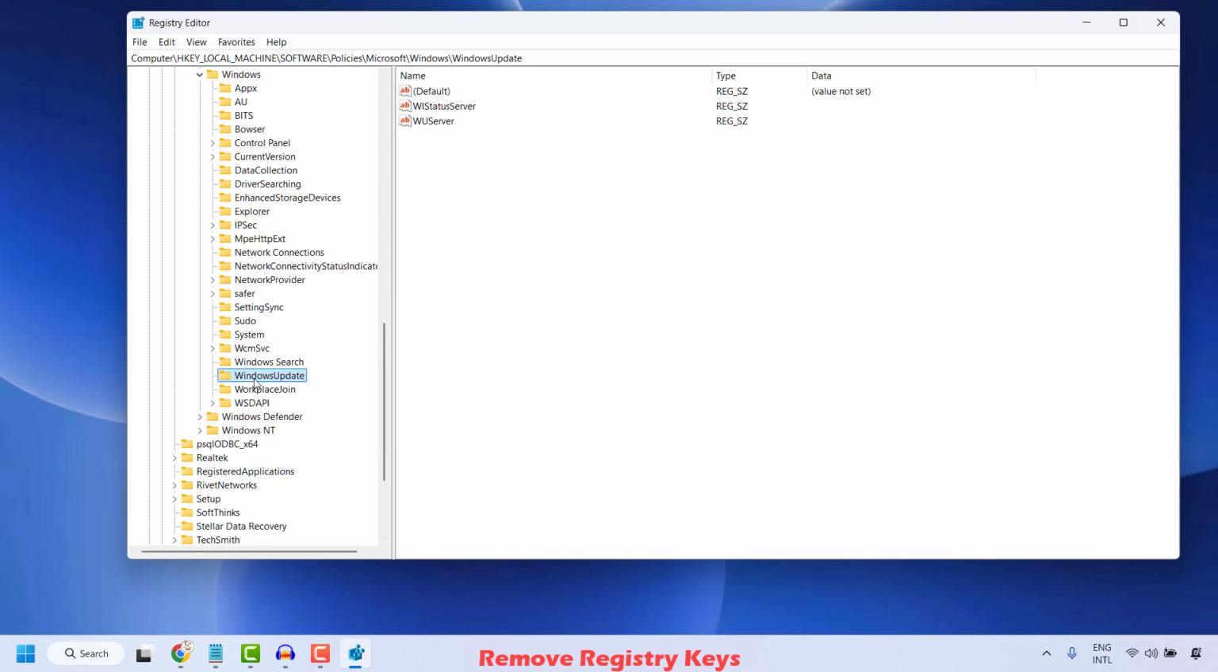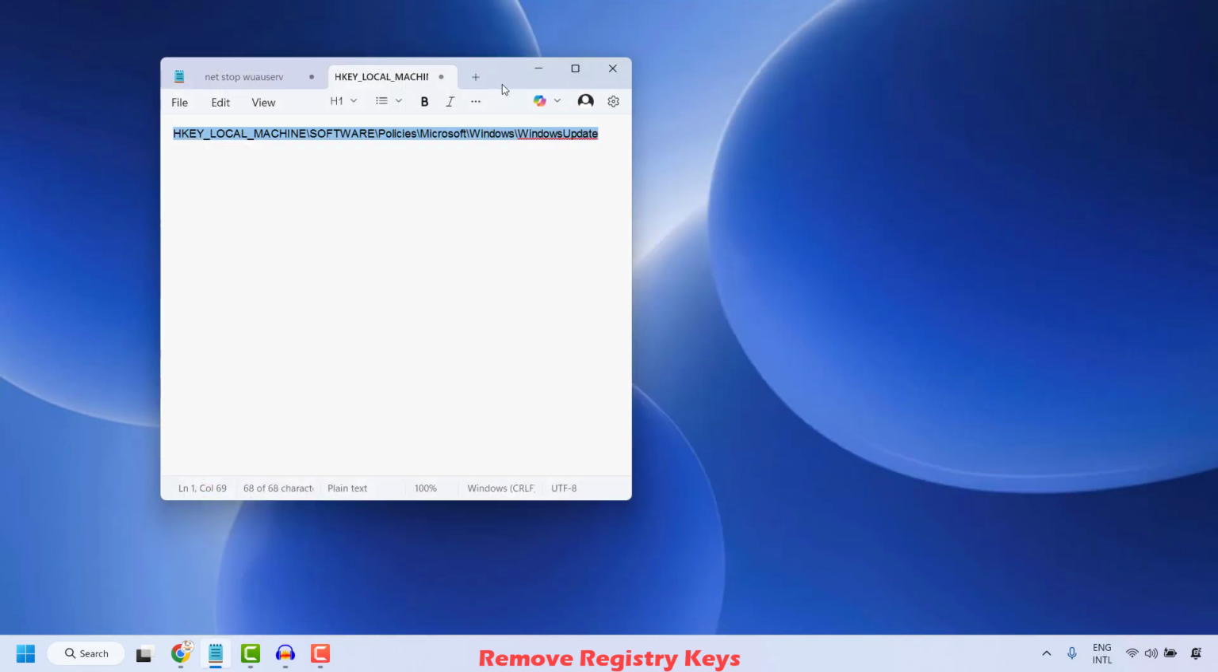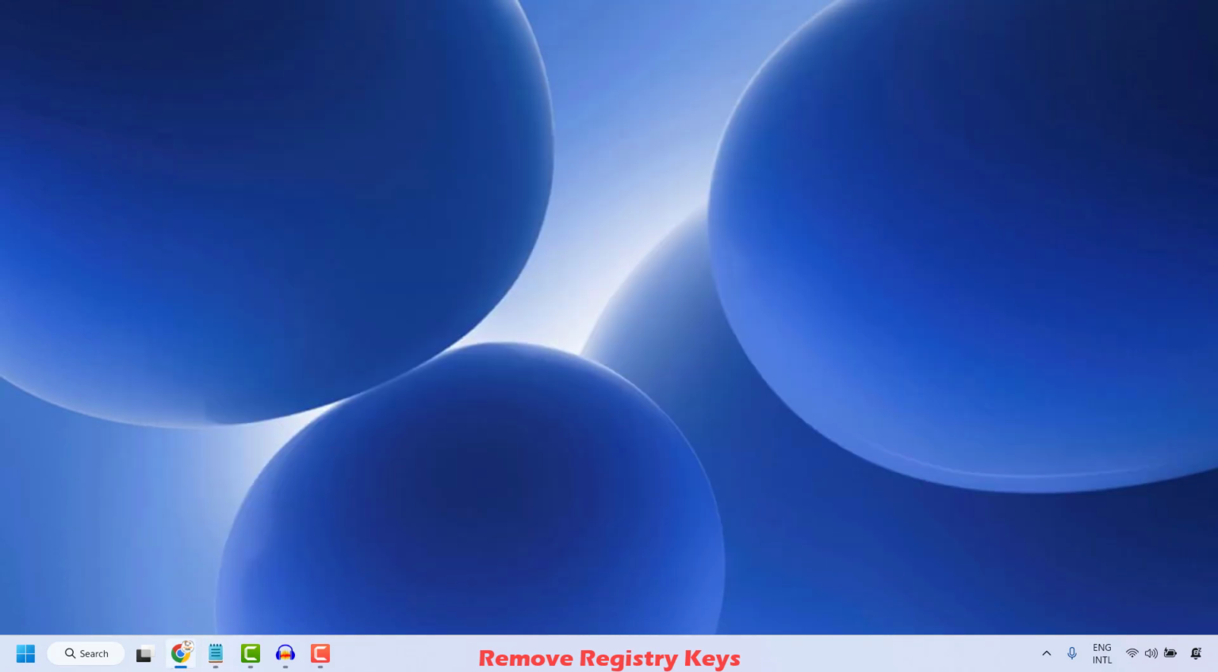Once this Windows Update is selected, on the right hand side, check if there is a key which says WUStatusServer and WUServer. These are the registry keys associated with your Windows Update. You can do a right click and then click on delete. Similarly, delete both the registry keys. Once this is done, close this window, restart your computer and then try to install Windows Update by doing a